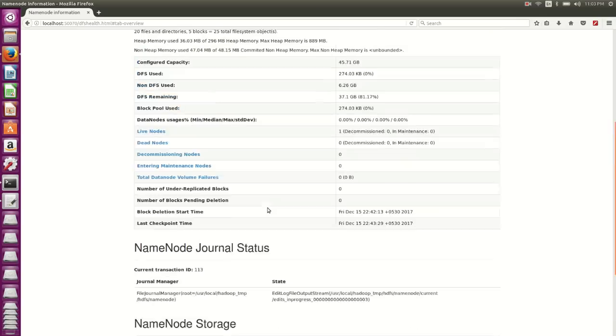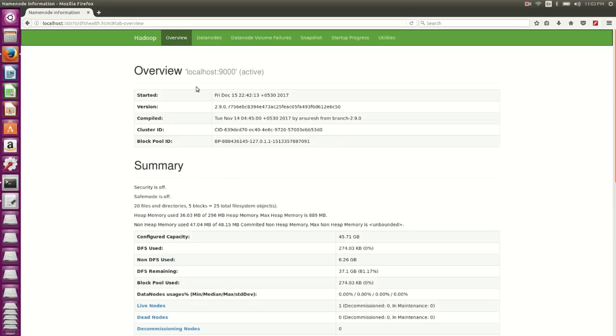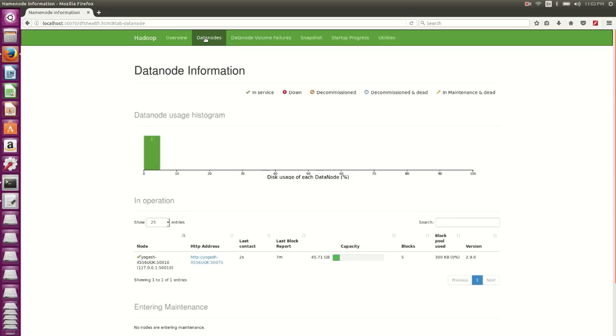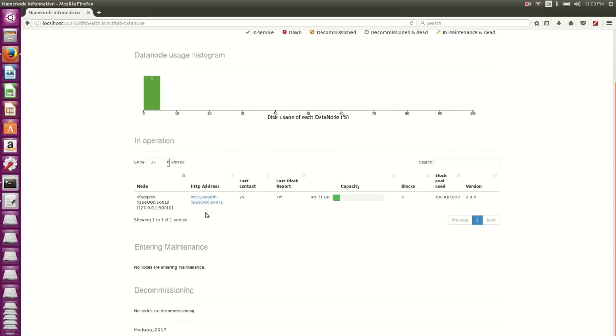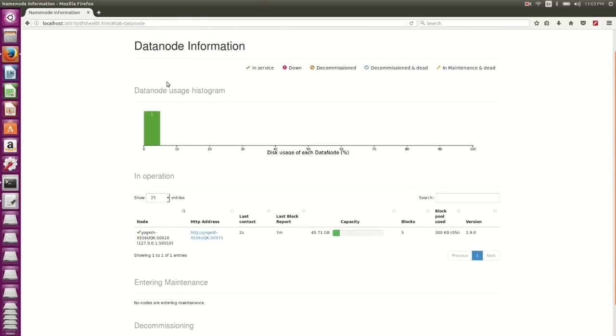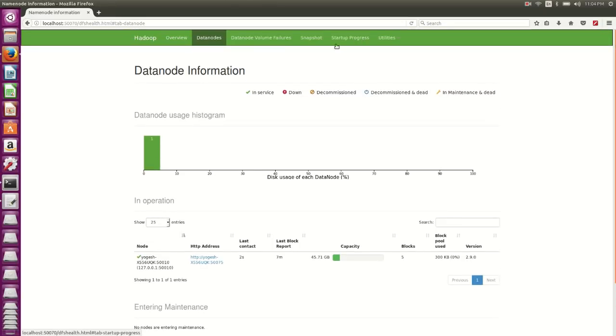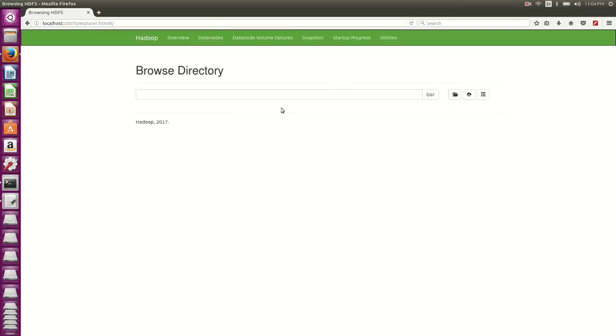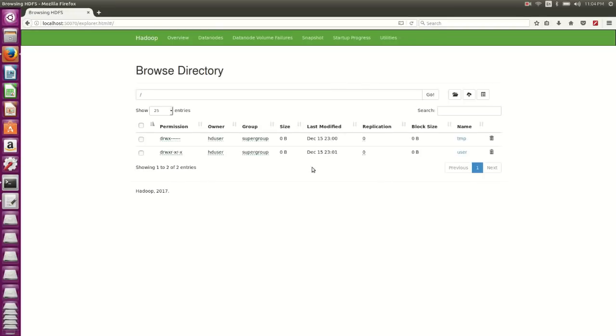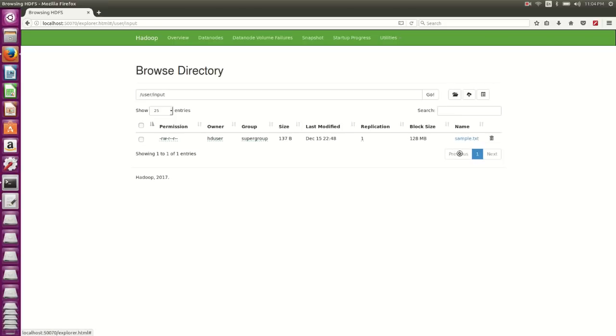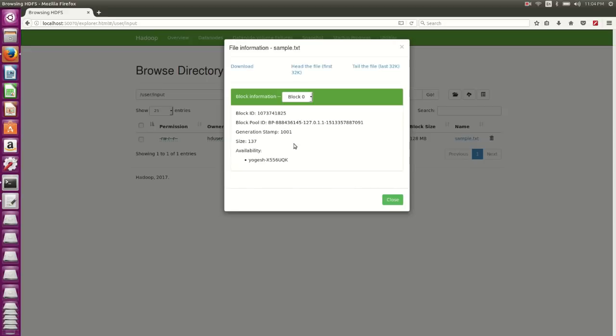If you want to see the input file and the output file which we have created, you can see it here. Go to the data node. If you go to the data node, it will show you the operations. Now I want to go to utilities, browse the file system, and from here you can browse the file system. This directory we have already created, that is USER. In USER we have this input file. If you want to see the contents of the input file, click on the input file,